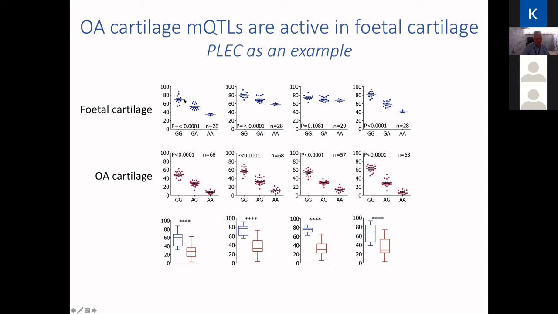So at this particular CpG here, the average methylation of the GGs is about 70%. And in the Gs in the OA cartilage, it's about 50%. So there does appear to be a demethylation in OA cartilage, but that genetic effect endures throughout life. So presumably it's there and established during development and then continues throughout life, but there is a slow demethylation at that particular locus. And that's just shown in this diagram here.